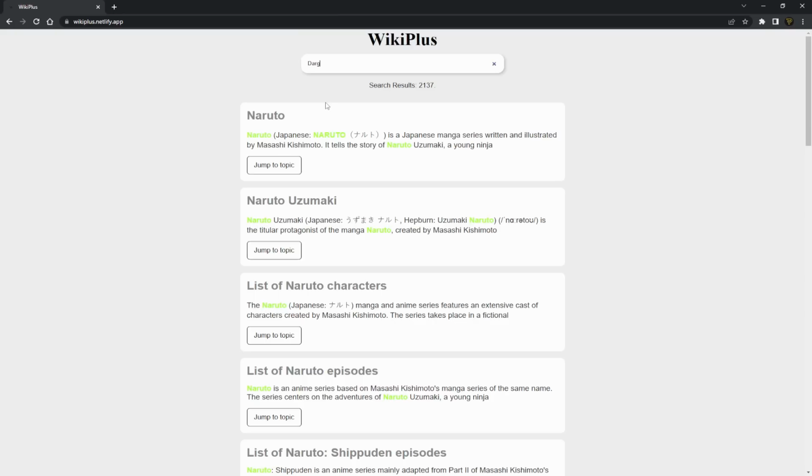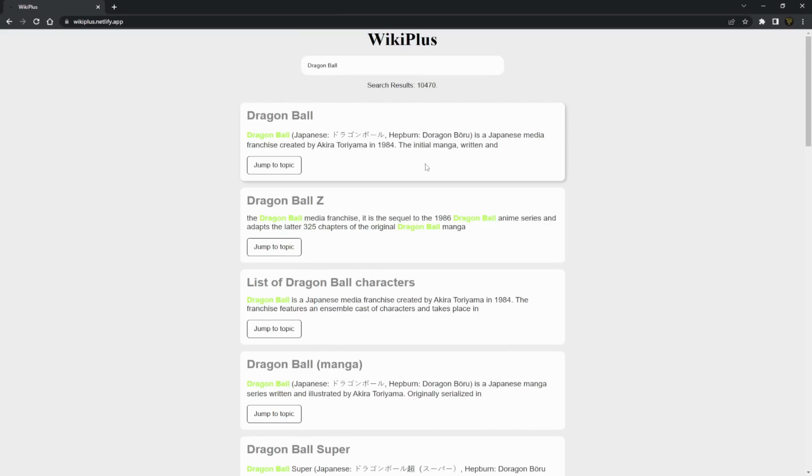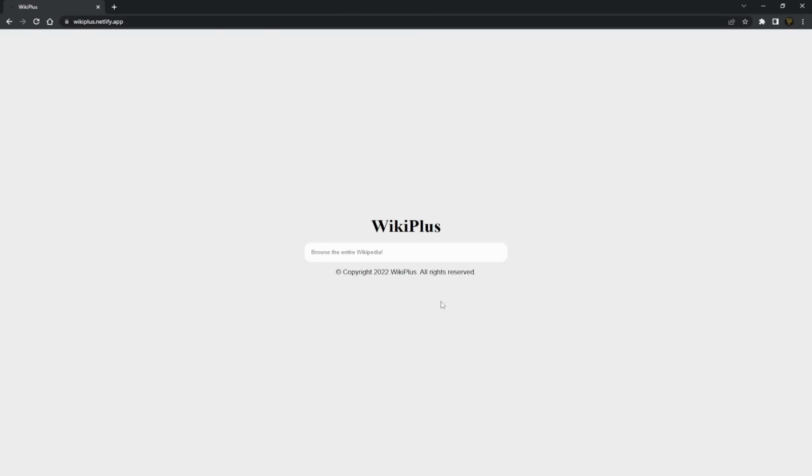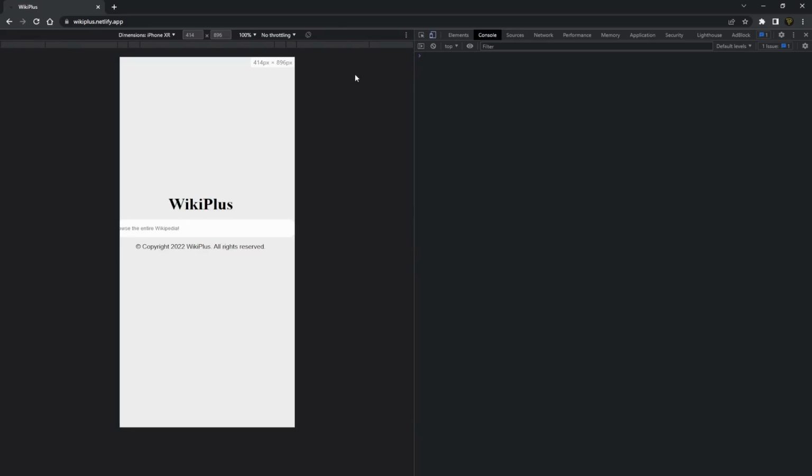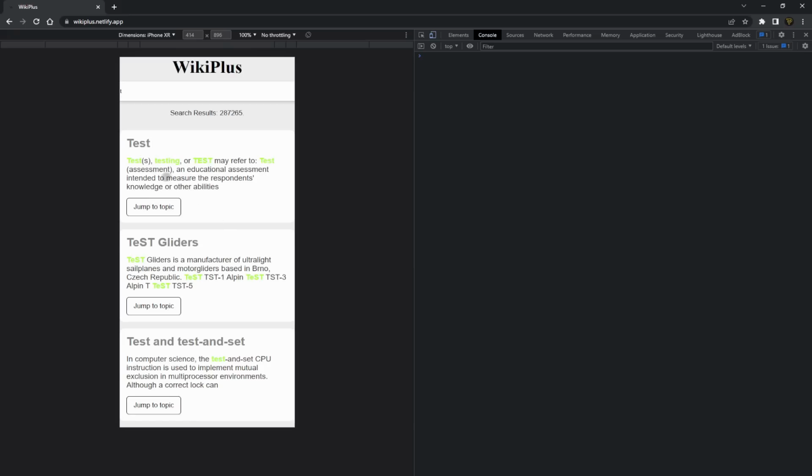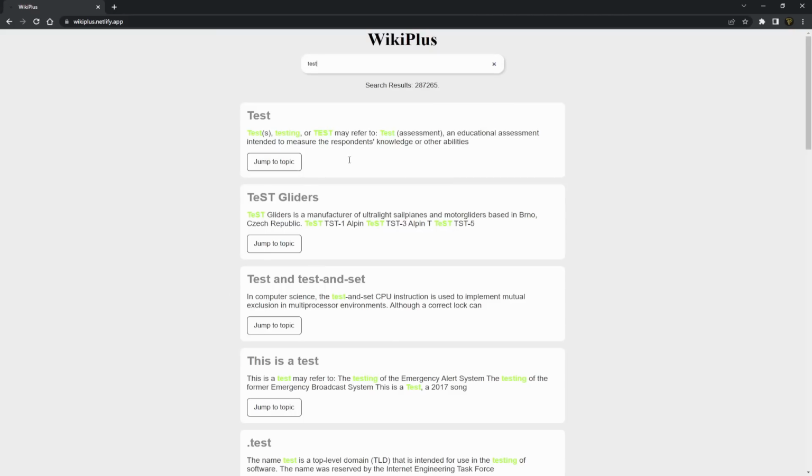Wait, let's go Dragon Ball. Yeah, no, pretty cool. I mean, that works pretty well. Can I go back to not having any? I want to have none. Cool. That's cool. I don't think I need to see this on mobile. I think it's just going to be, oh, it's broken on mobile. Let's refresh that one. Nope. Okay. Test. Yeah, it's been broken on mobile. I would probably fix it on mobile as well. I was going to assume it would just fit in, but